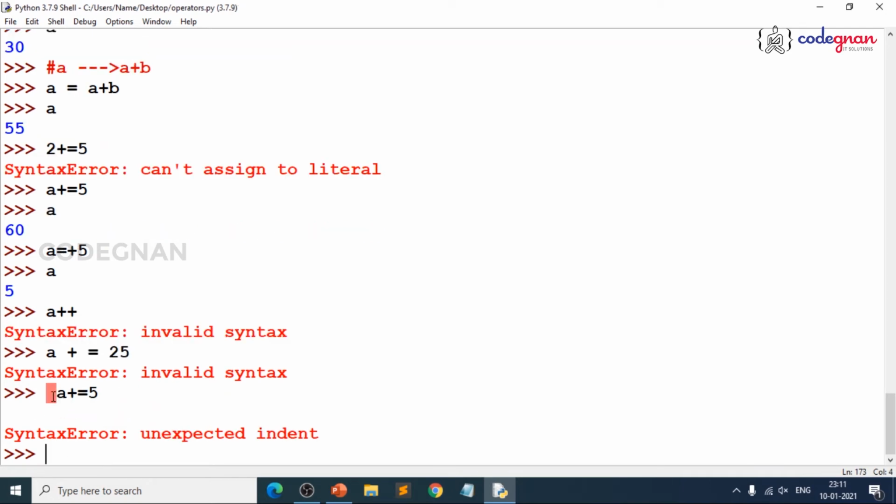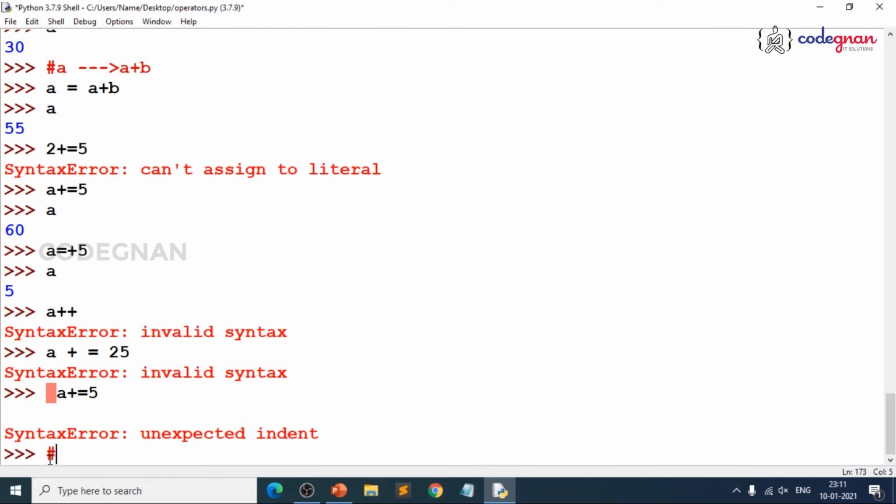If you give some space here, you get an error. So space always matters in Python. Never ever give space. If it is needed, it will be aligned automatically when we go for declaring condition statements, control statements, functions, and even classes, where you use colon, because we have used colon to slice the elements, right. We will be using colon later, but as of now don't give space manually anywhere. So this is about the addition assignment operator.